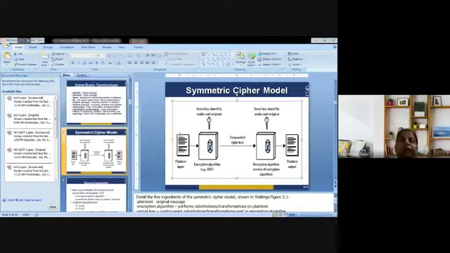So there could be 16 rounds associated with the same. There could be a secret key that is shared by the sender and recipient, and we are supposed to transmit the ciphertext. After transmitting the ciphertext, it could be decrypted by the shared key that is being shared between the two parties, and the plain text is retrieved. So this is the basic model of the symmetric cipher. Have a look at the same. We will discuss each and every term one by one.